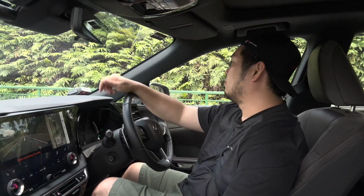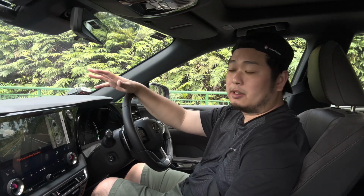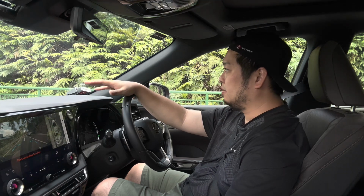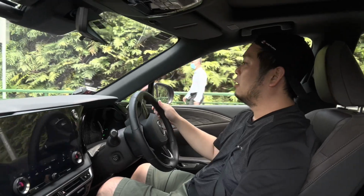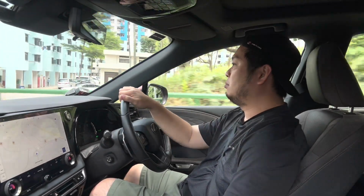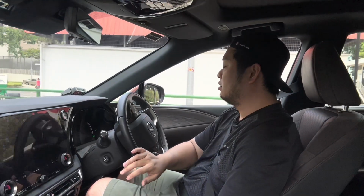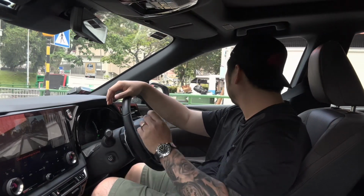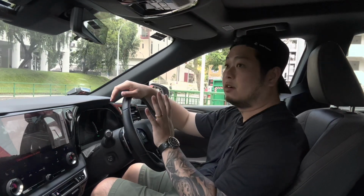Yes, so to start things off, one of the key things that you'll need to know about the RX350h, the new one, is that it runs on a completely different platform from its previous generations. And this is a big deal for Lexus, because the previous platform had been running on for 3 generations of Lexus RXs. So for those of you who don't know, there are actually 5 generations of the Lexus RX,